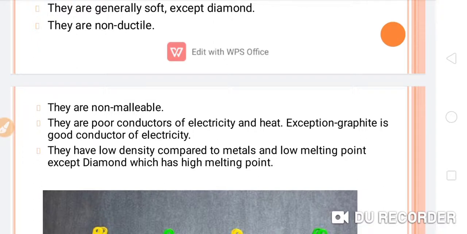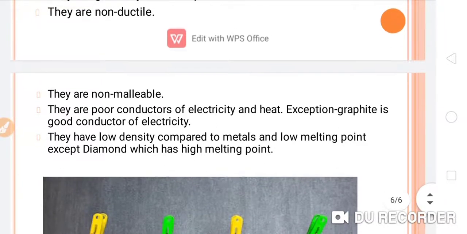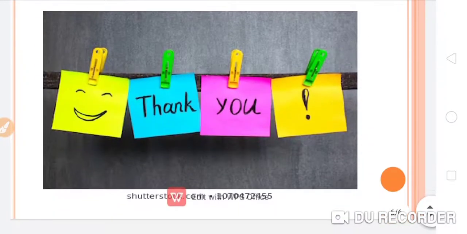Why? Because of the existence of free electrons in its structure. So this is the important point, that graphite is a good conductor of electricity. They have low density compared to metals and low melting point except diamond, which has a high melting point. So I hope students, you must have